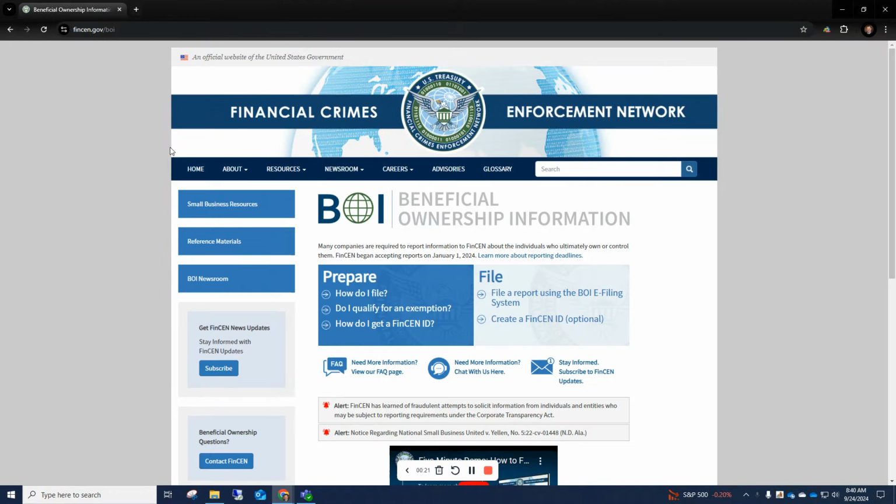Now, this is not a tax filing. It's not filed with the IRS. It's a legal filing that's filed with the Financial Crimes Enforcement Network Division of the U.S. Treasury. So it really has nothing to do with taxes or the IRS, a completely different government department. If you have questions about this, since it's a legal filing, it's best to consult an attorney, or they do